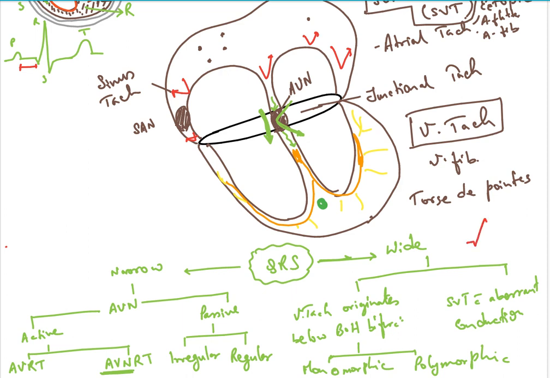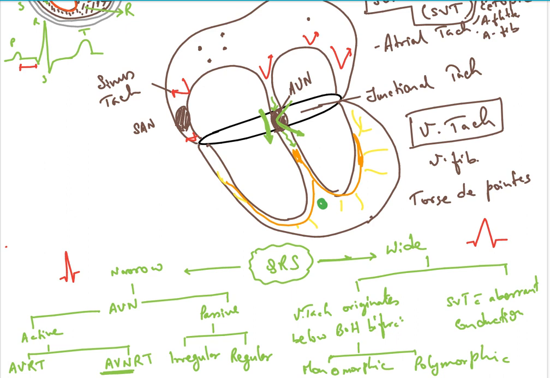Sir, it means the time is taking more. So why will it take more time? So what can be the reason for more time? So one thing is that maybe it is not firing, yes, maybe the ventricular tachycardia originates below the bundle of His. That is why it is taking a lot of time. Frequency is high but they are taking time because it is a weak impulse na.